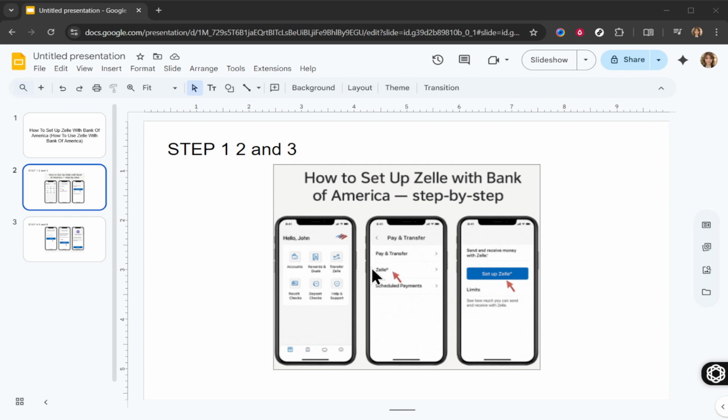During the setup, you'll be prompted to confirm either a US mobile number or an email address. This step is crucial because it allows Zelle to correctly identify your account for transactions. After you select your preferred contact method, you will need to agree to the terms and conditions provided by Bank